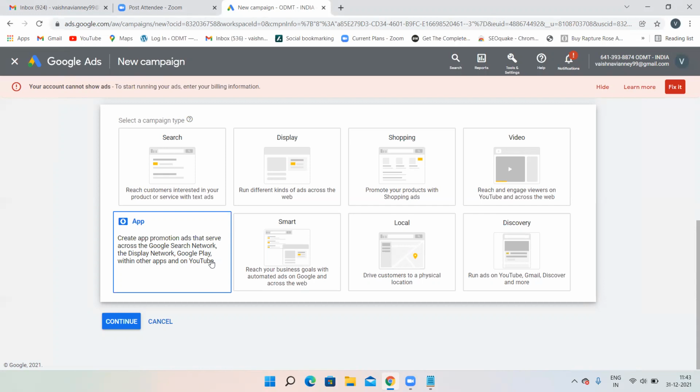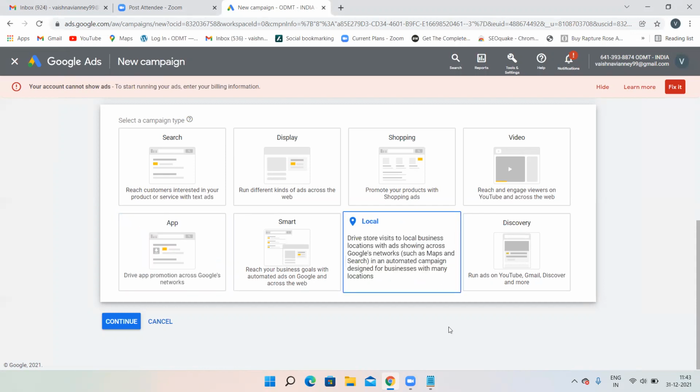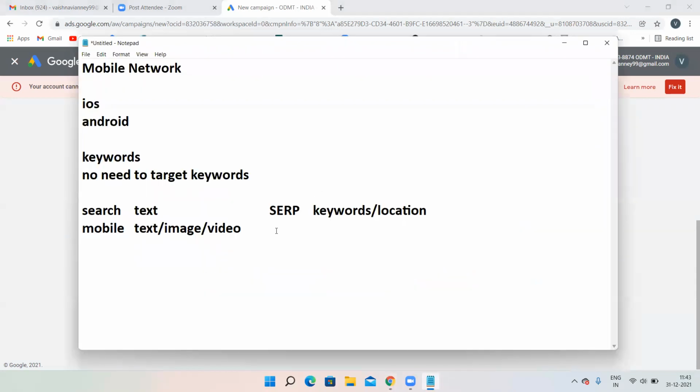So your mobile app campaigns will appear on SERP, Google Display partnered websites, on Play Store, and on YouTube also.